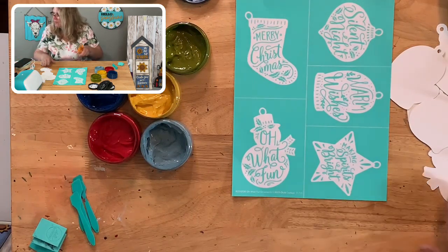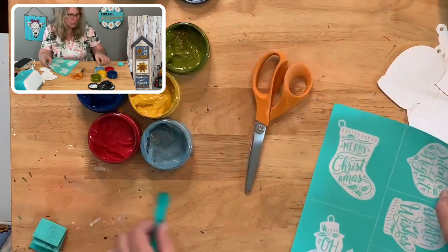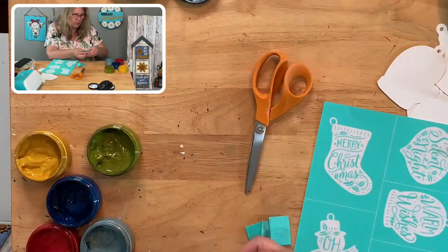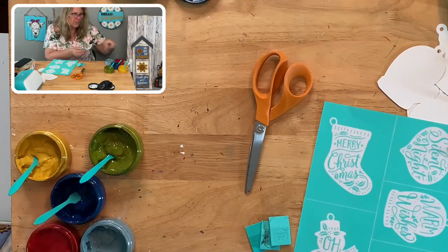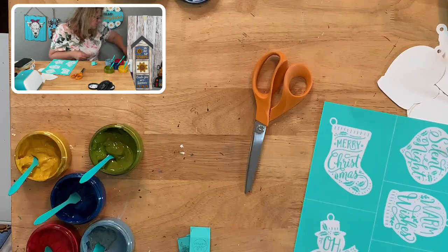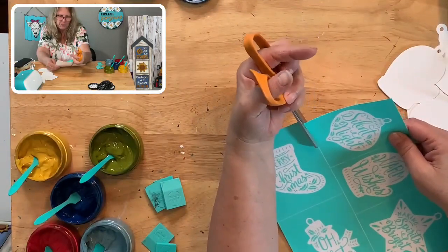Hi Linda, you have a Cricut Maker, not a Joy. I haven't used my Cricut Maker yet. That is something that I'm going to do. My goal was to do as much as I could with the Cricut Joy because it's smaller, and see what I can do. I know I can do all of the files with the regular Cricut, and I'm going to try to do some balsa wood. So we'll see how that goes. I know it's not going to be the same as my other wood, but